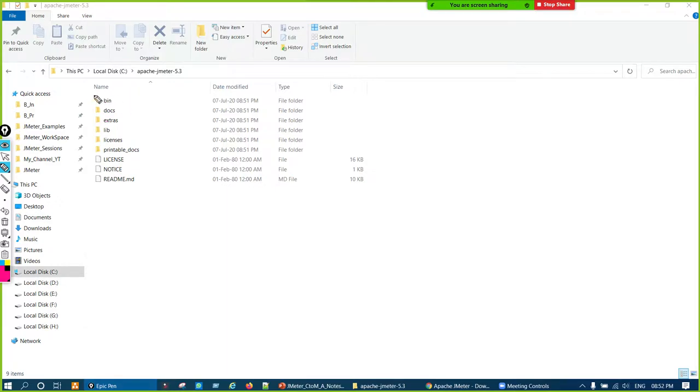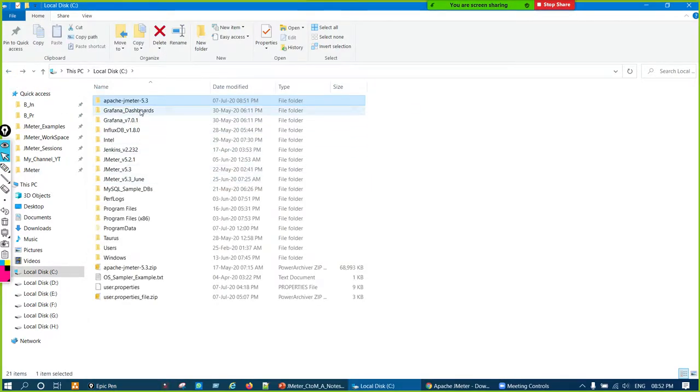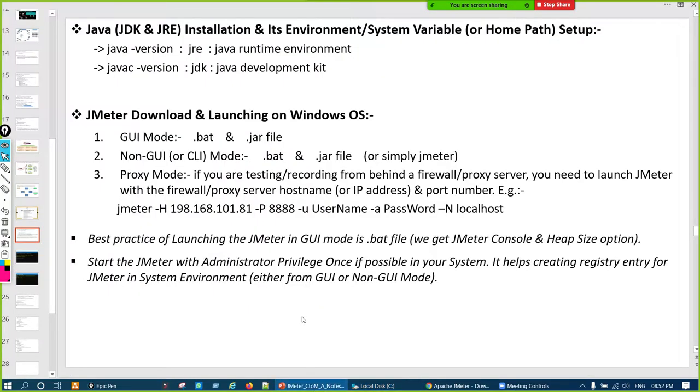Okay, bin was there in Java also. Yesterday we saw inside the JDK and inside the JRE a bin directory was there, right? So here JMeter also has a bin directory because they are on the same technology, they are developed on Java. Their folder structure is like that, and this bin is here also. So this bin is important, right? So this is how we can download, and there is no installation required. Just download, extract it, and start using it.